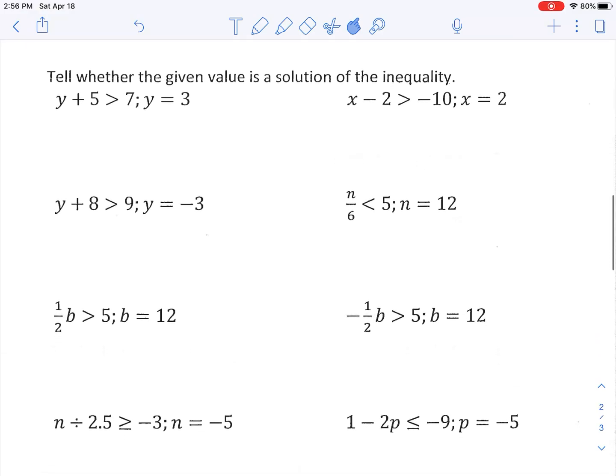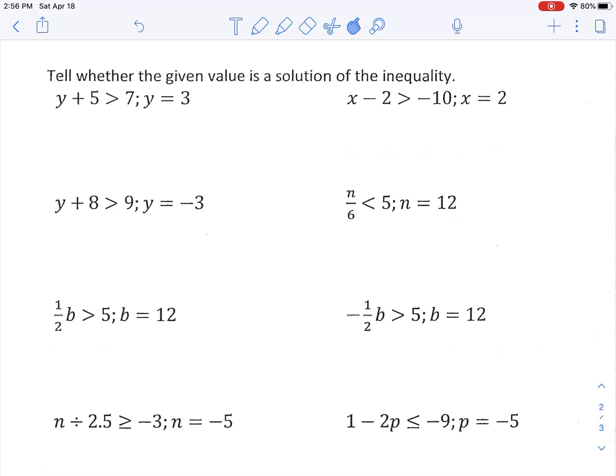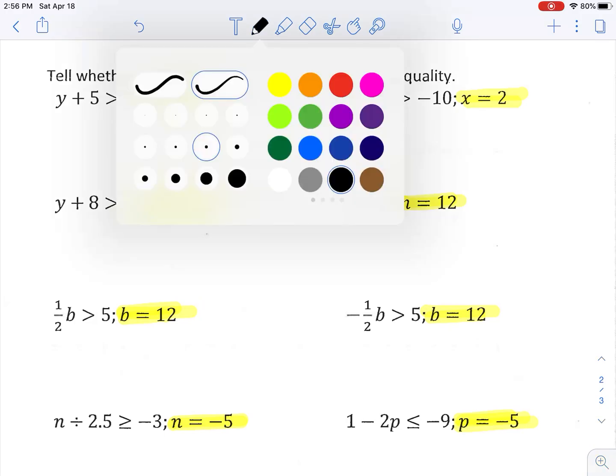All right, now we're going to do something a little bit different. Tell whether the given value is a solution of the inequality. On this page, there are a lot of numbers, variables, and equal signs, and it's all a little confusing in my brain. So you all know from having me all year that what I like to do is highlight those values first to visually keep that separated in my brain so all these numbers aren't running together. If that helps you, you can go in and highlight those values in a different color. So if we look at the first one,